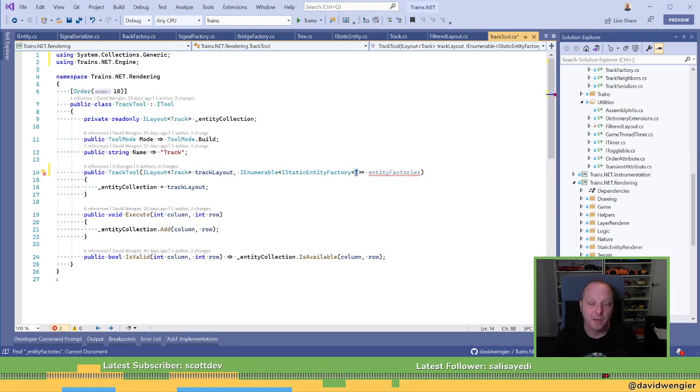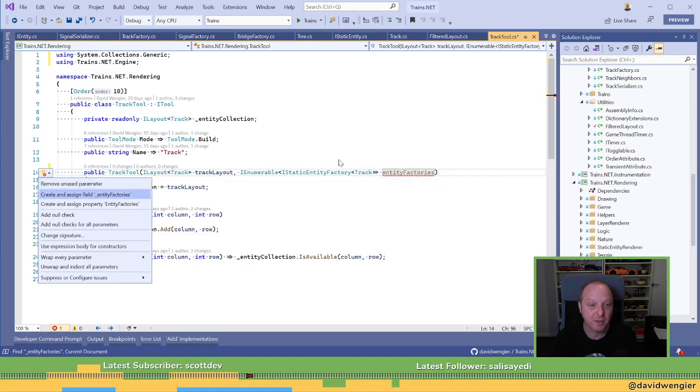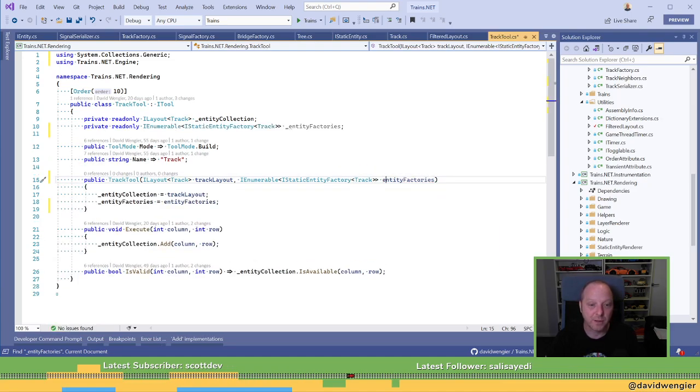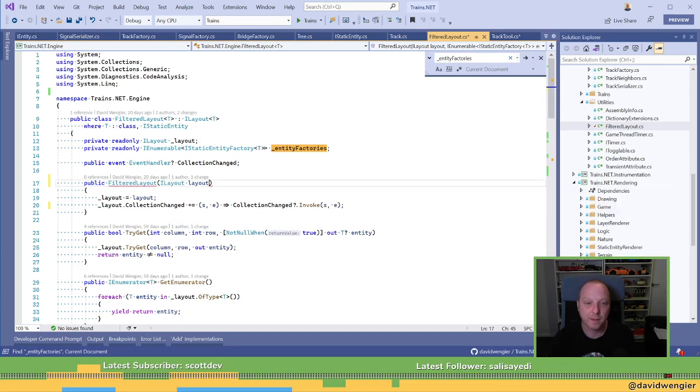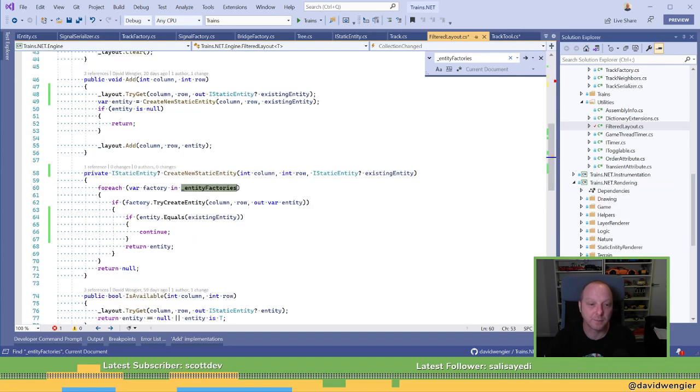No. That's a T. I guess it's a track. Does that work? I hope that works. I have no idea. So we do that, and okay, so we get rid of this, get rid of that, get rid of that.